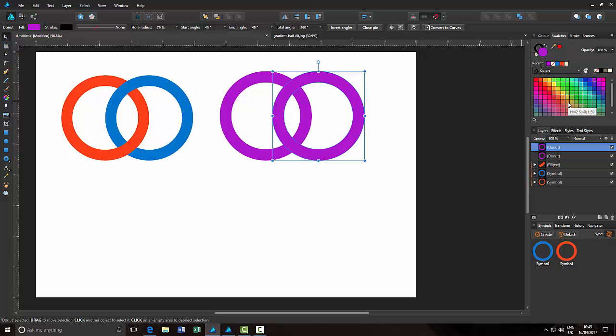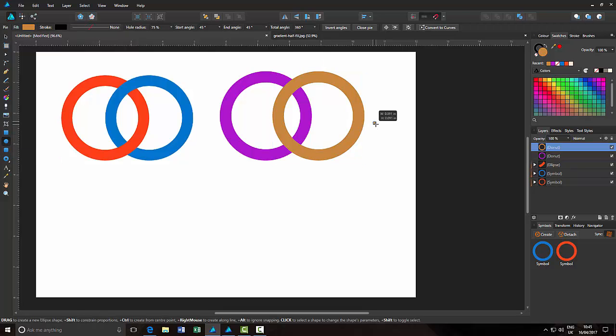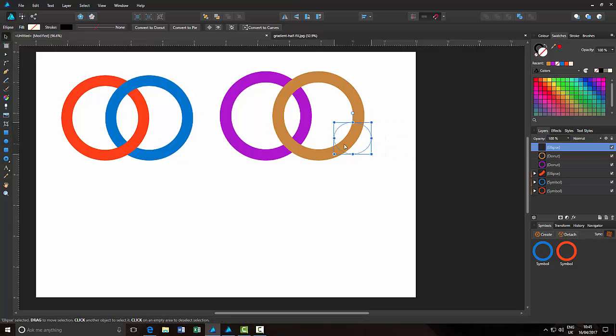Change the color to that, and then I'll just draw a quick ellipse, make it a no color, come to the move tool, put that over the intersection like that,